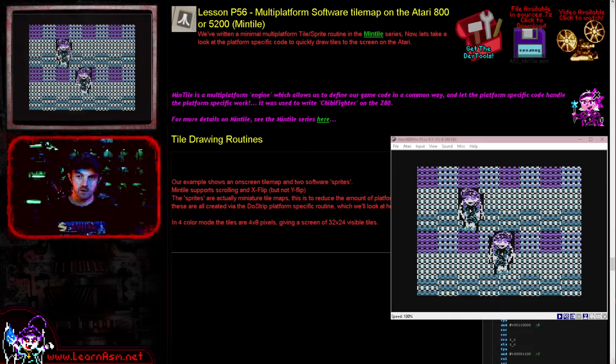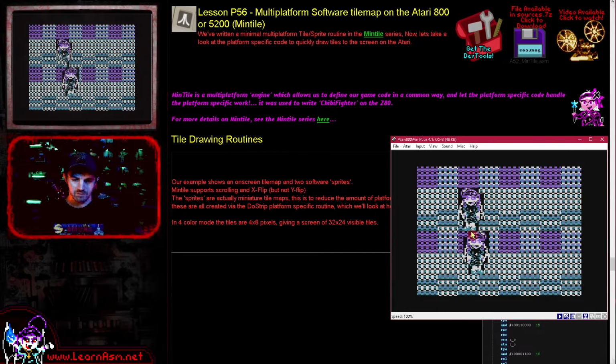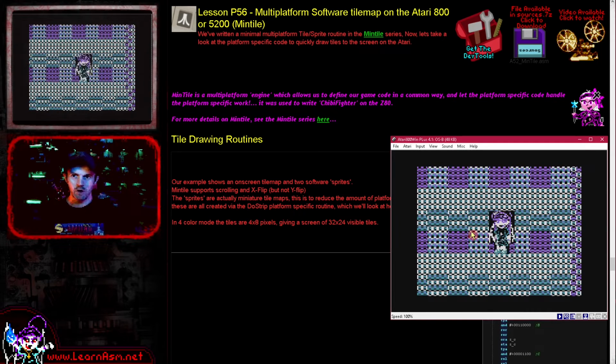The Mintile system I wrote is a multi-platform software hardware tile map system that also simulates sprites using the same tile drawing code. You can see it here on the screen. We've got this sample little thing here. We've got one chibi code that is being moved by the player's joystick here, and one that's being controlled by the computer. And we have, if I find the fire button, there it is, we can scroll horizontally and we